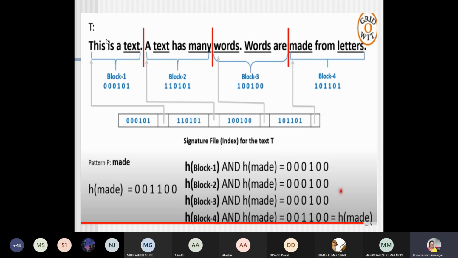So the hash function is customized. It is up to the developer to compute the hash value. For example, I'll give you a small example.